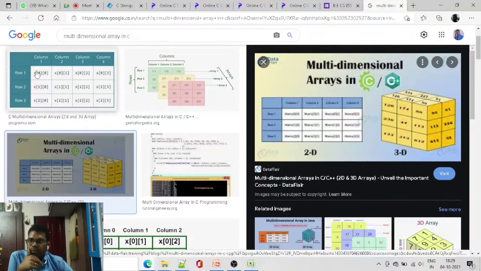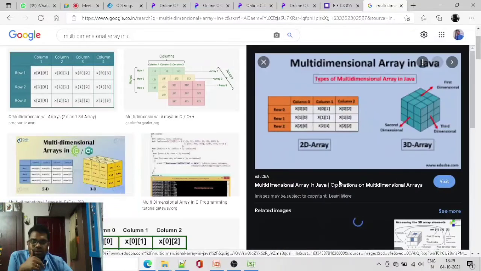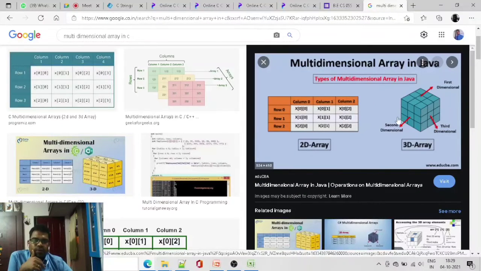If you take it like that, it will be only two-dimensional, but this is called three-dimensional. It can hold this part, and this part, and this part. This is called three-dimensional, and this is called two-dimensional: 0, 1, 0, 2, 0, 3, 0, 4. Another example for three-dimensional: first dimension, second dimension, and third dimension.